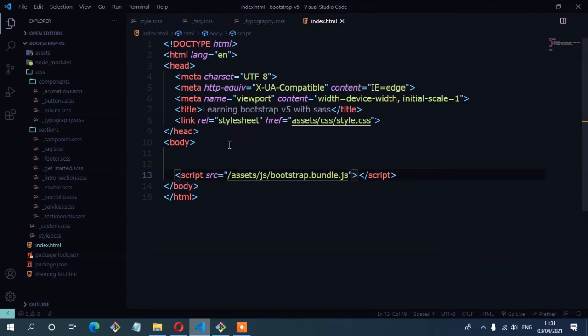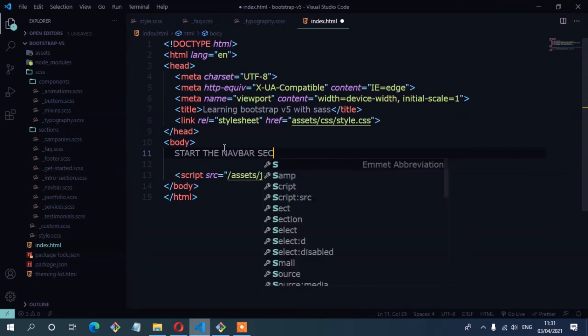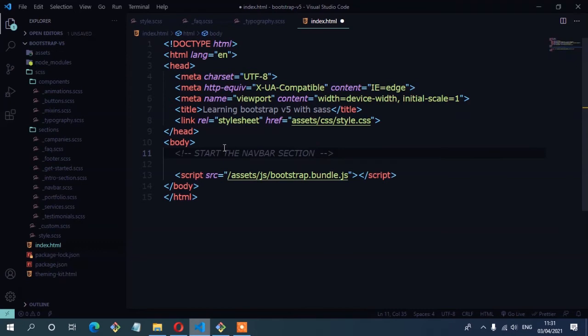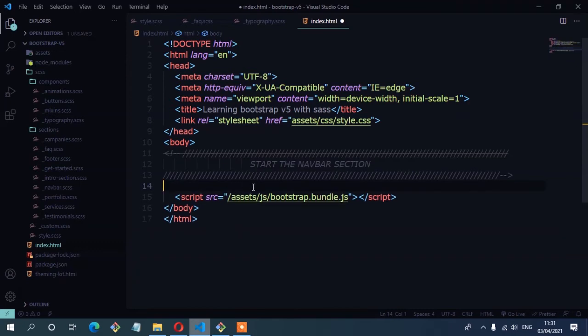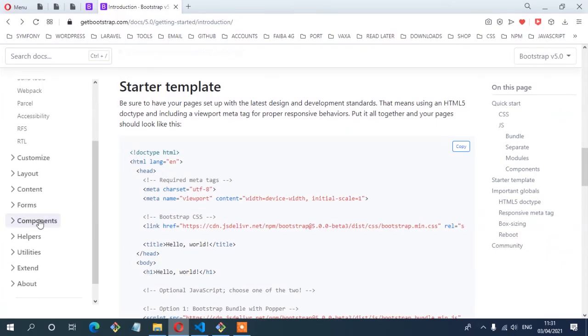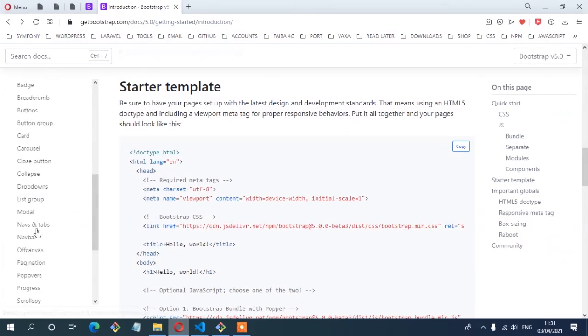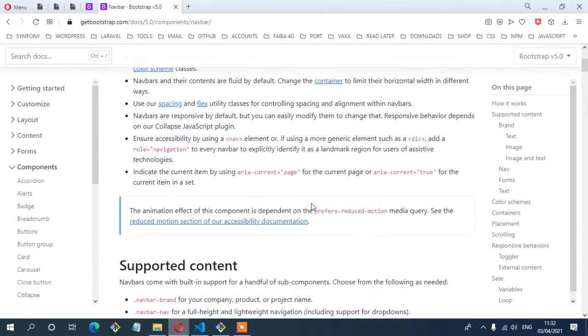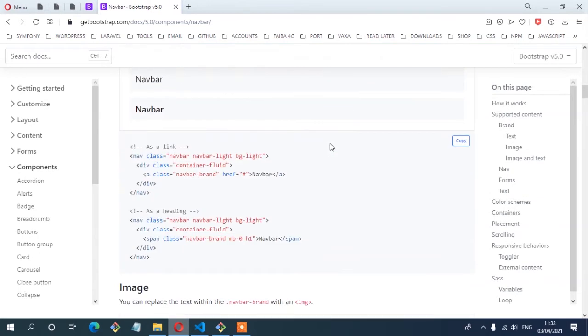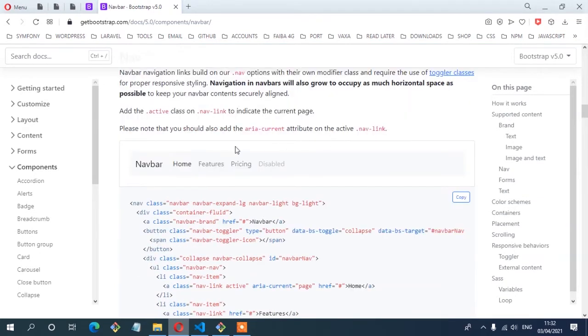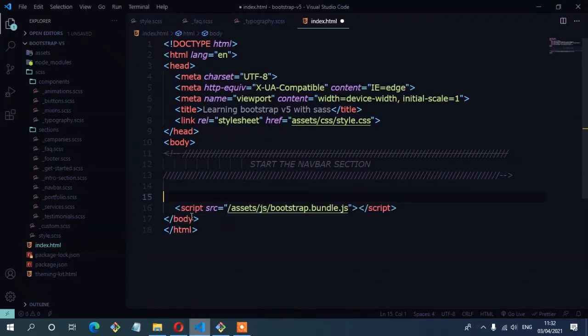So I'm going to start with a comment. So we have the start of the navbar section. So to save time, I'm going to copy the code from the Bootstrap documentation. So here I'm going to go to components, and then down here we have the navbar. So here I'm going to scroll down till I find the version that I want. So I'm going to copy this code, and then I'm going to